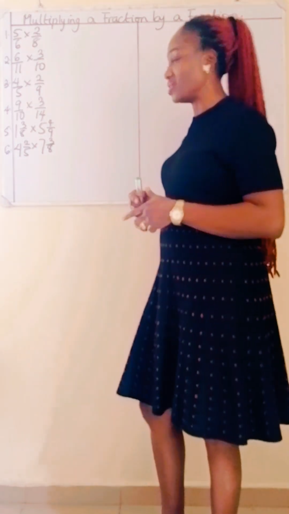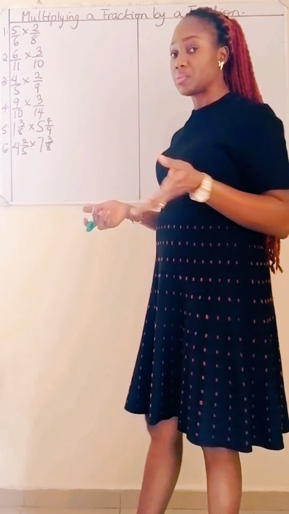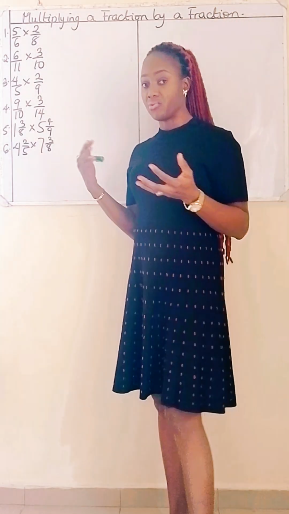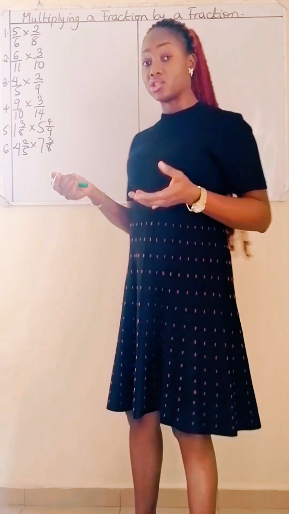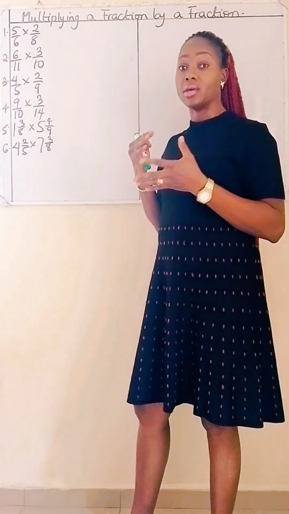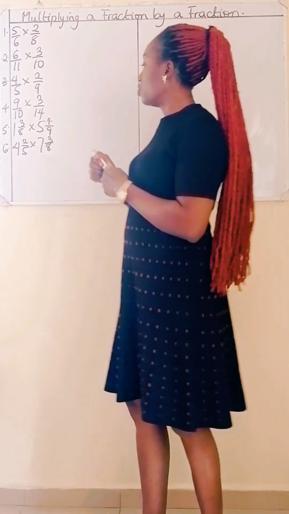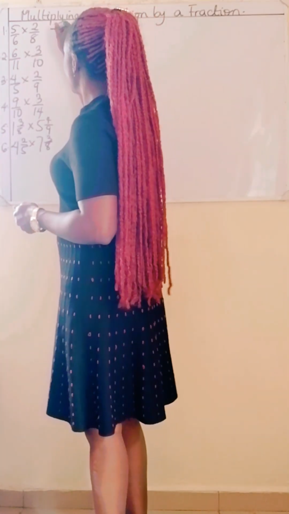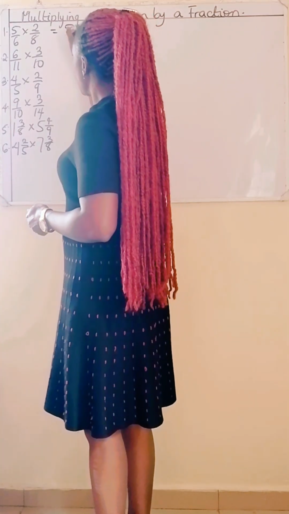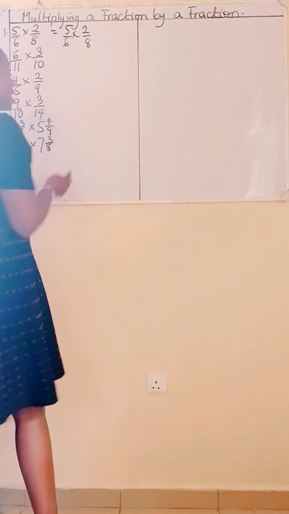Let's get right into it. Question 1 says 5/6 times 2/8. Remember the topic says multiplying fraction by fraction. And in doing that, you need to also note that there are some fractions that you can actually reduce to its lowest term. Now, for the first question that says 5/6 times 2/8, looking at this fraction,